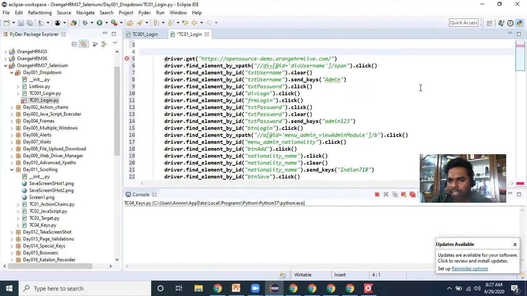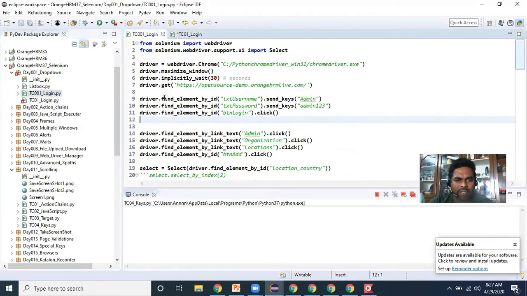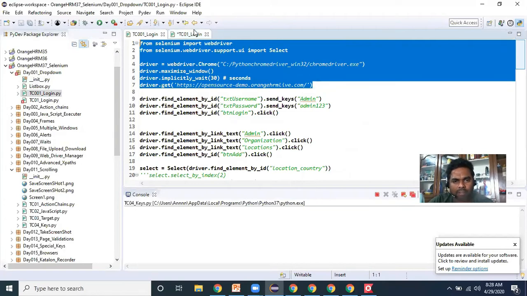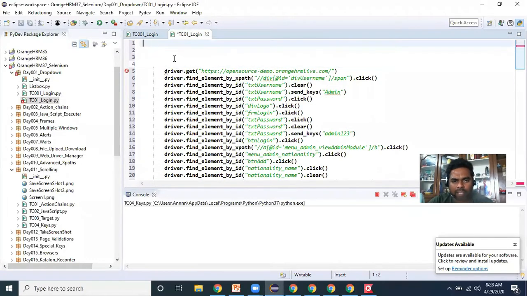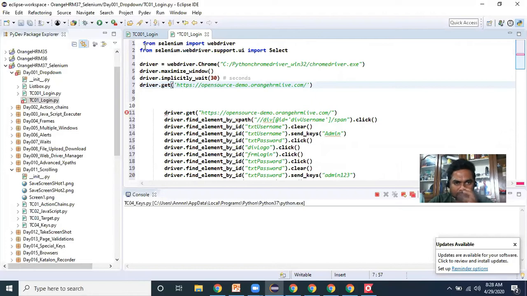Now let's understand what these lines of code are that have been generated. These 4 lines of code we require anyway, so I'm copying these lines. In any Selenium program, these lines of code are required.